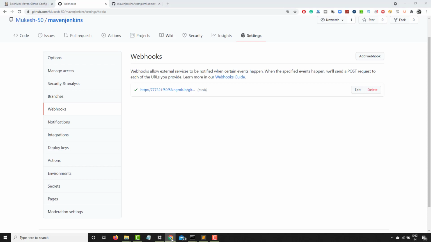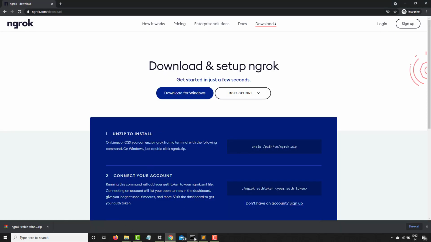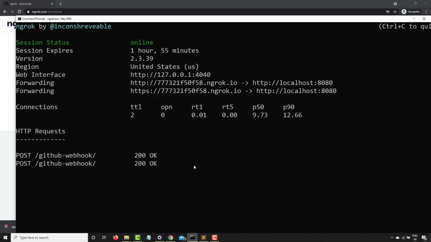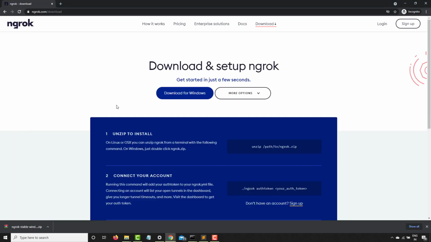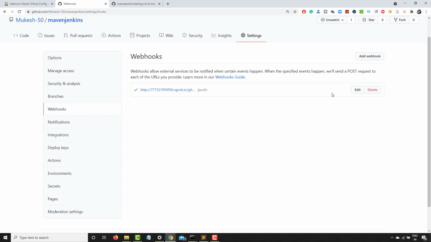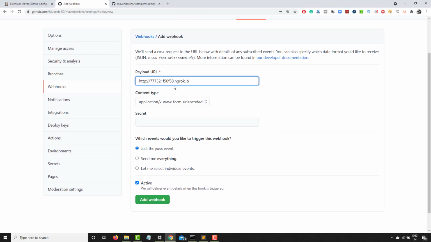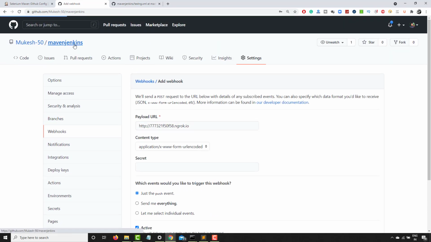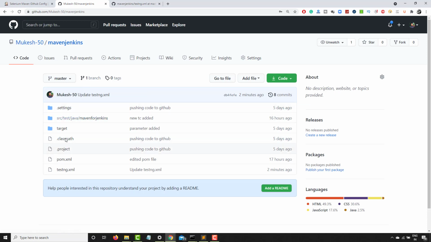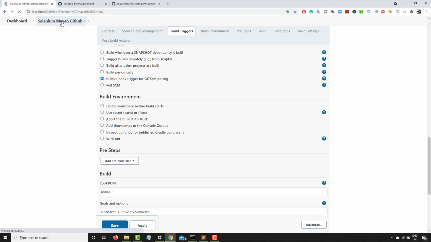So we downloaded one ngrok, okay, and then we executed few commands. The command was just ngrok.exe for Windows. For Linux, Mac, just write ngrok, http and the port. Once you're done, just come here and click on this add webhook and add here. After this, you just need to use /GitHub-webhook/ and you can configure the event. Once we are done, just come to your repository, make any changes. So whenever any push changes for this particular repository, now this will start your Jenkins job, right?